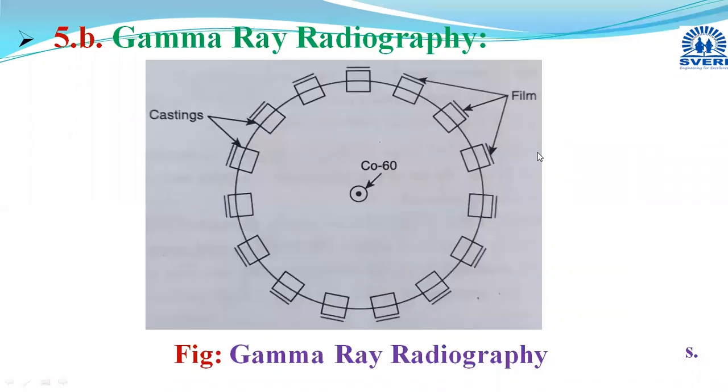Then the next type of radiography is gamma ray radiography. Almost the same principle will be there, just the source will be different. Gamma ray radiations are used, and these are obtained from, generally, cobalt 60 here. In this gamma ray radiography, gamma rays are produced from the source, and these are allowed to pass through the